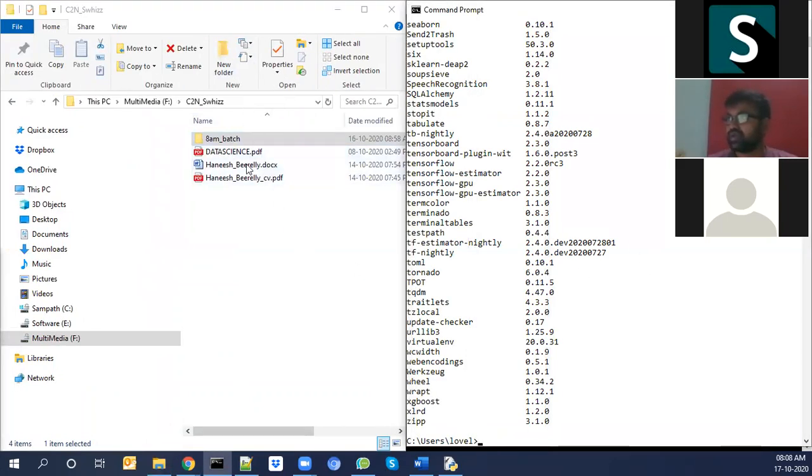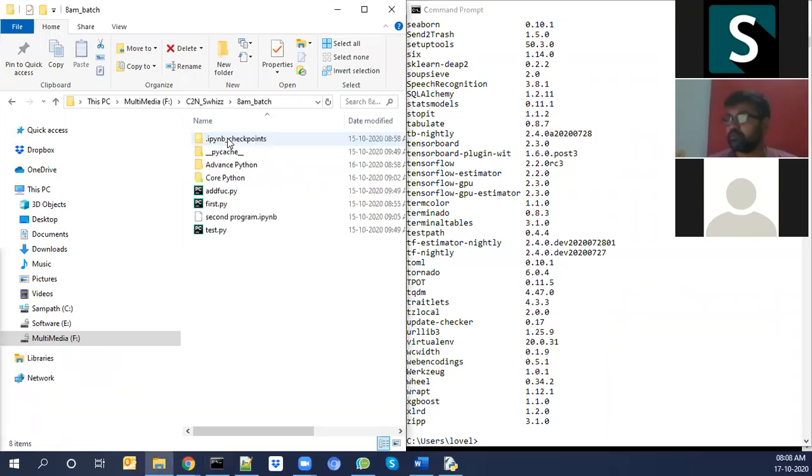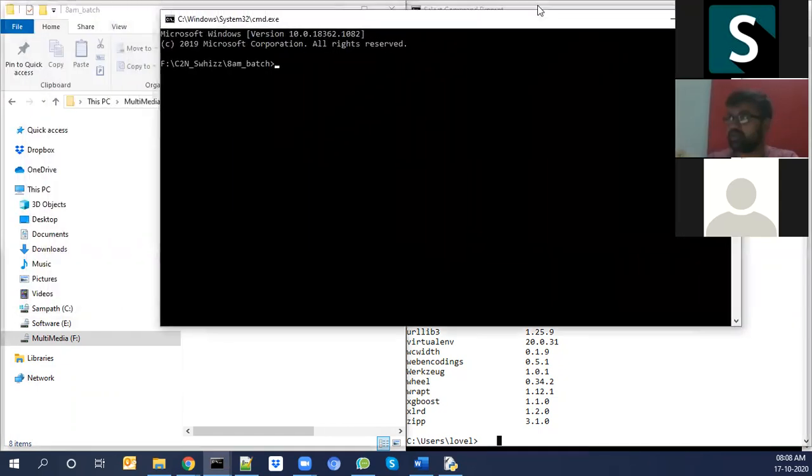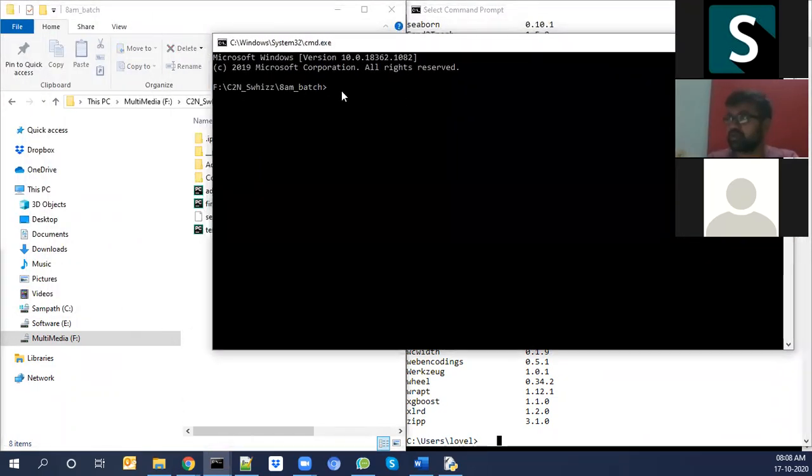From this folder, you can type CMD in the path section, or you can go directly to that particular path from the command prompt. It is better to tap on the path section of the folder and type CMD. It will open a command prompt window in that particular path.